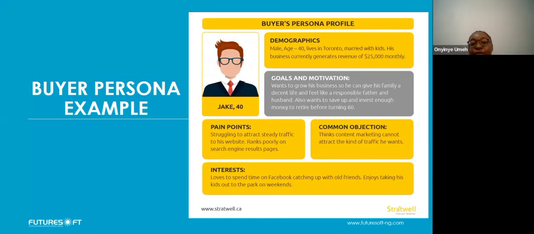So this is an example of a buyer persona. I didn't do this, I pasted this from the internet. But as you can see, it has a caricature of a person with a name, age, where he lives, what he earns, his goals and motivation, the pain points, the things that he struggles with, and what he's interested in. So it needs to be as in-depth as possible, as opposed to segmentation that just groups everybody together. This gives you a visual representation of your audience as an individual, as opposed to a group.